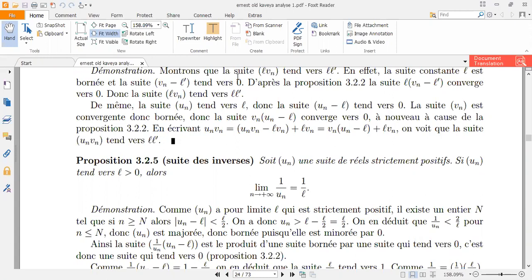So we got this: replace the Vn with this, which is going to be here, and then the convergence is now heading towards zero, which is different. From there, we've been able to define the fact that the sequence L times Vn indeed is heading towards L times L prime. Why? Because